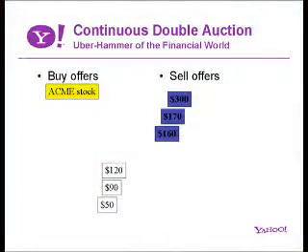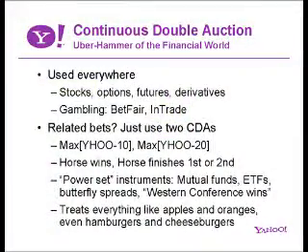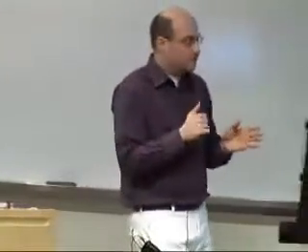So this is how what's called a continuous double auction works, and it's used pretty much everywhere, all over finance, all over gambling. More and more in the gambling world, stocks, options, almost every kind of financial instrument, it all runs through this type of continuous double auction. And that's fine, and in fact it's good in most cases, but it has almost gone to the extreme where even if you have related things,